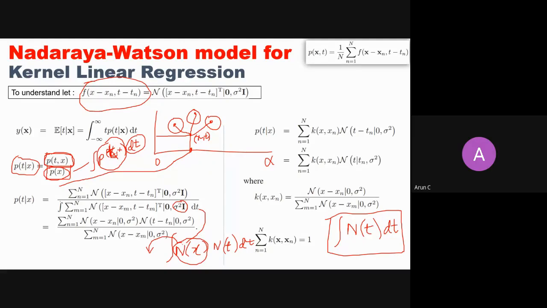What are the properties of a distribution? Can anybody tell me? How do you see that? What is the distribution? When you know that this is a Gaussian distribution, what are the two things that you need to see? That probability is always non-negative. It means probability is always greater than or equal to 0 for any x. And the integral over this distribution normal sums to what?